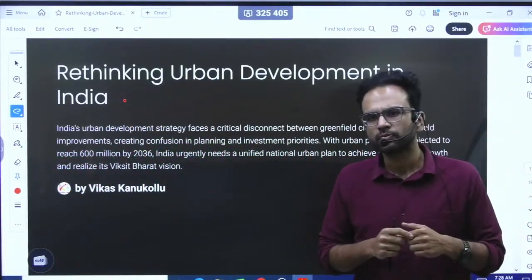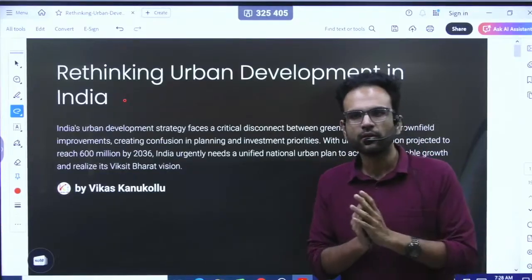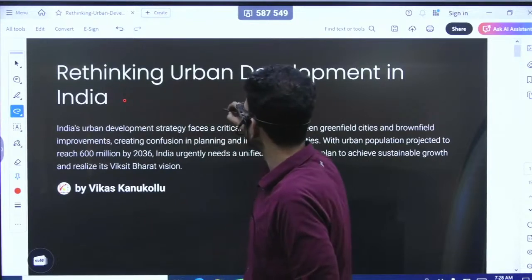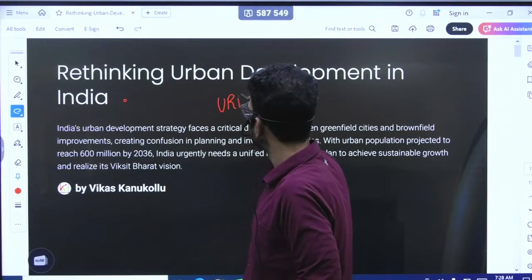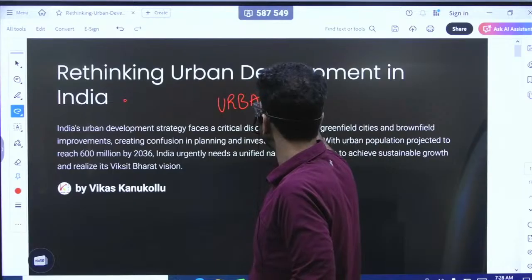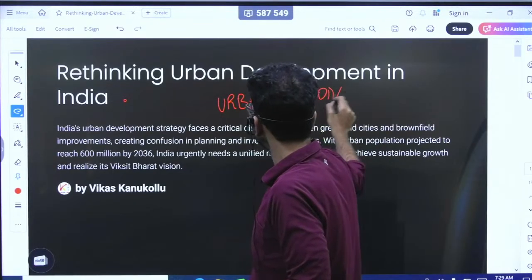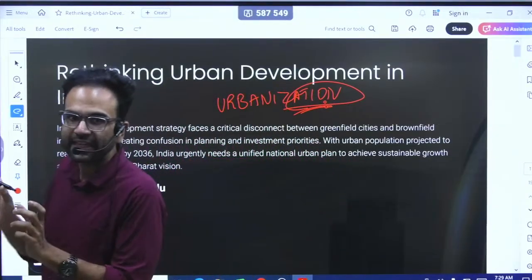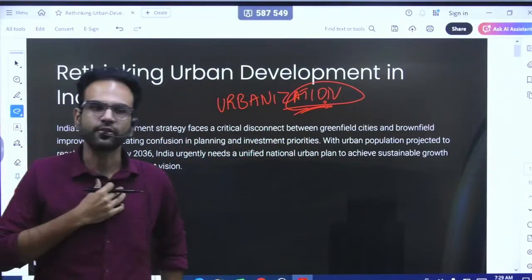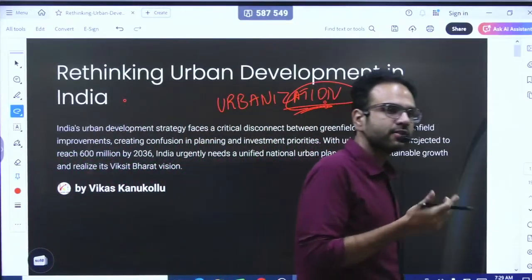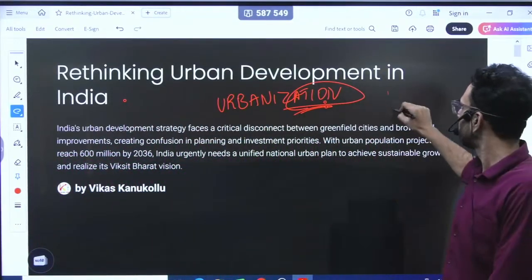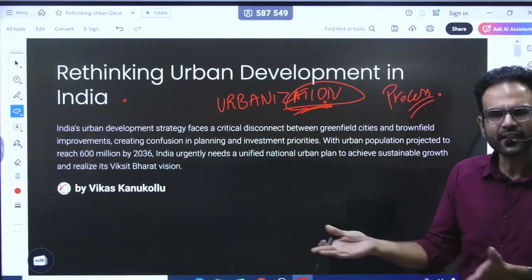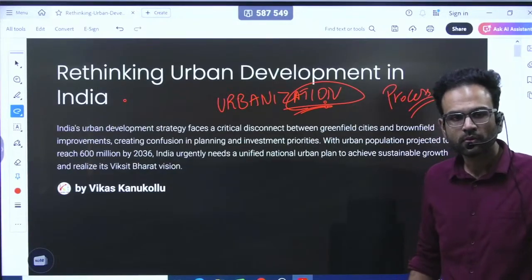Now tell me, why do we need urbanization? What is urbanization, first of all? What is urbanization? I told you anything that ends with the suffix "ation" is a process. Correct. What is the process here? What process are we talking about? What is there in this process? Growth of